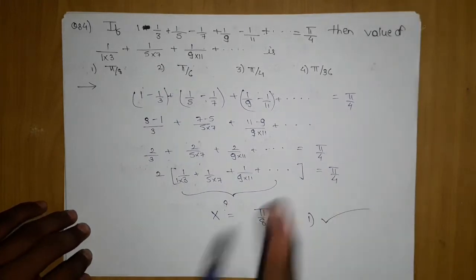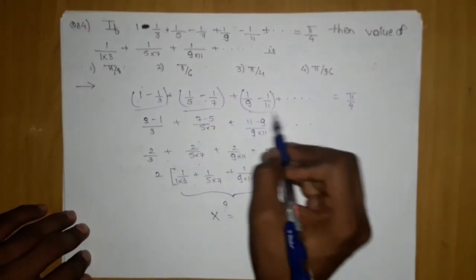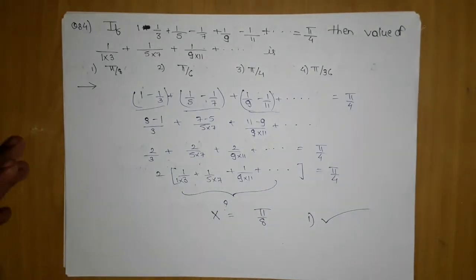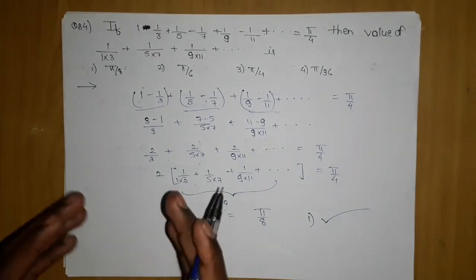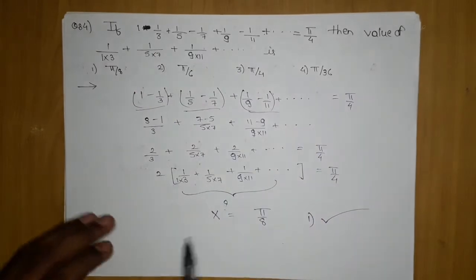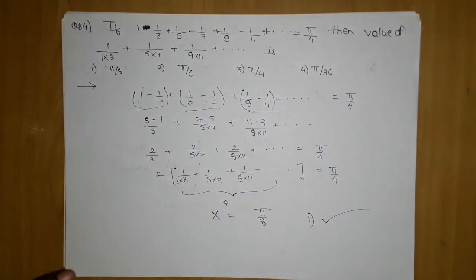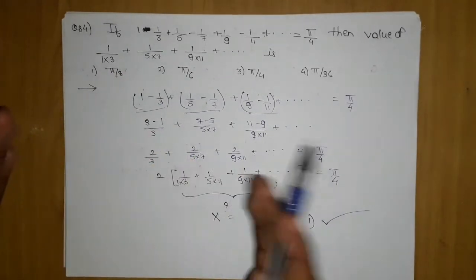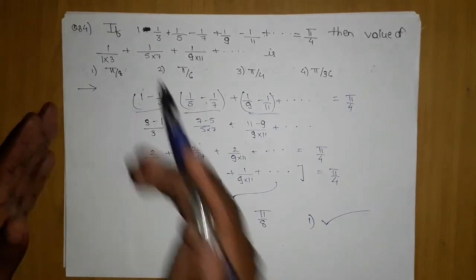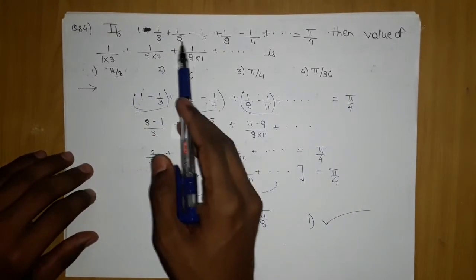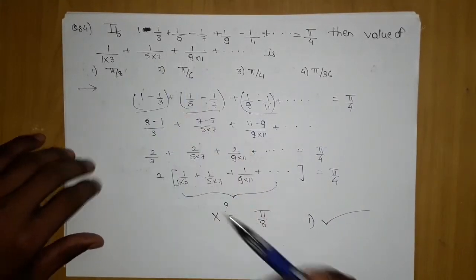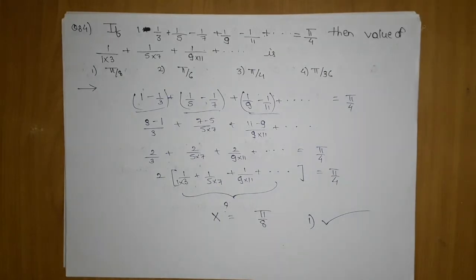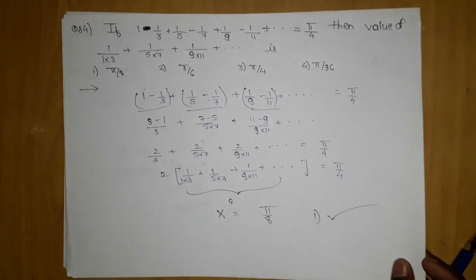Okay, so now let's move on. The base observation was taking the two terms. You just have to observe. In an exam, when minus and plus series appear, these types of manipulations become crucial. I have given you one more hint: when you observe plus-minus type series, try to take two terms and try to create a pattern. There is one more example where two terms can form, multiplied, can give this. That is also based on your observation. Every person can have their own observation skill. So now let's move on.